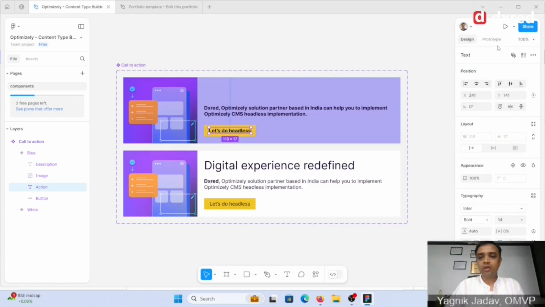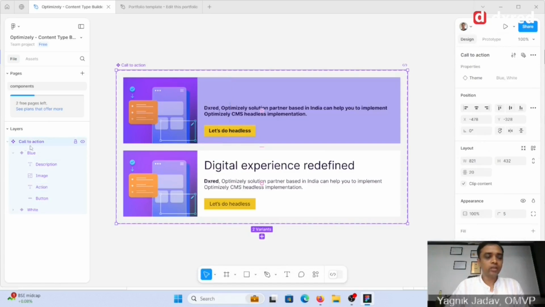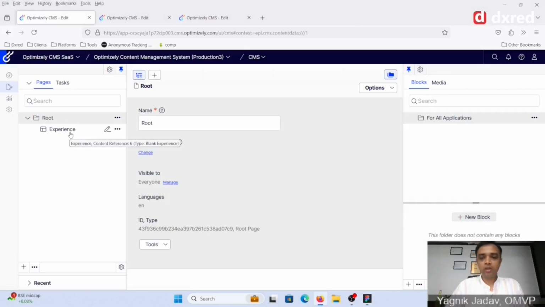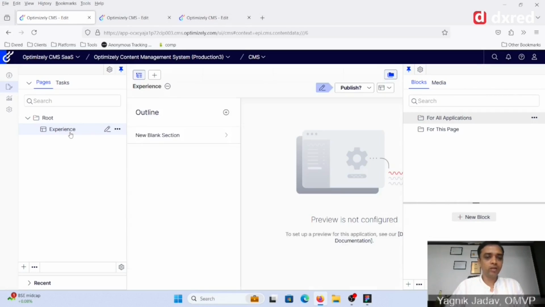Here, one thing you can notice: this Call to Action is a Figma component having two variants, blue and white theme. And there is a property theme on the component level with white and blue. Let's see how it will reflect in the Visual Builder. Now I'm coming to the experience in the Visual Builder. In a new blank section, you can see Add Call to Action is now available as an element for my Visual Builder,